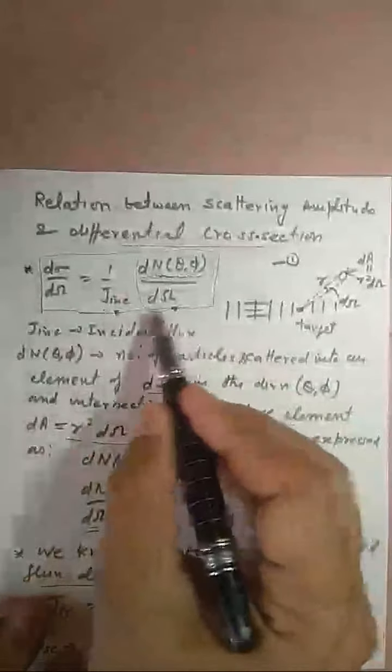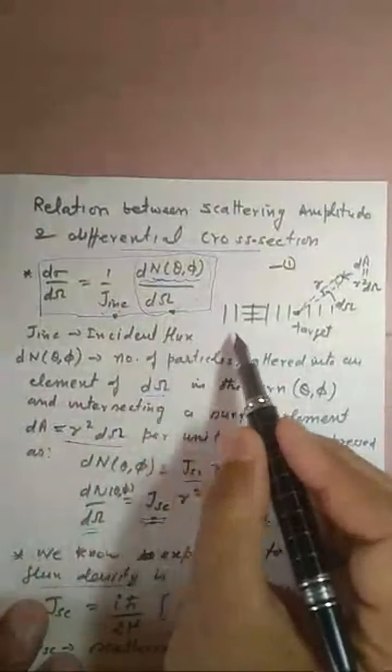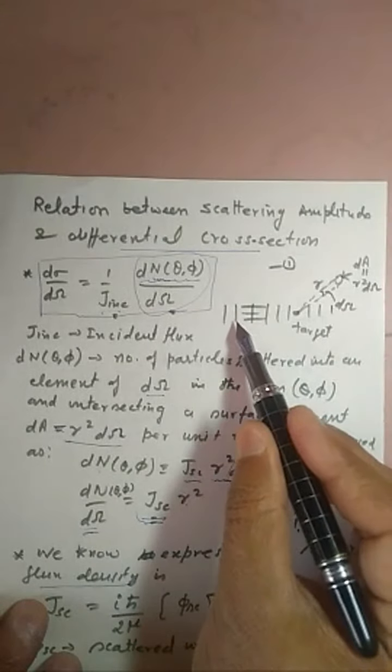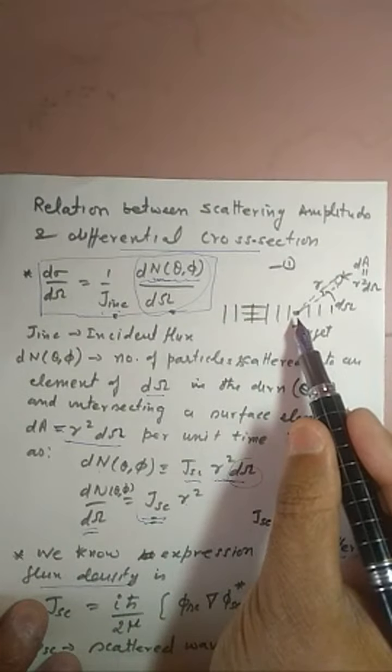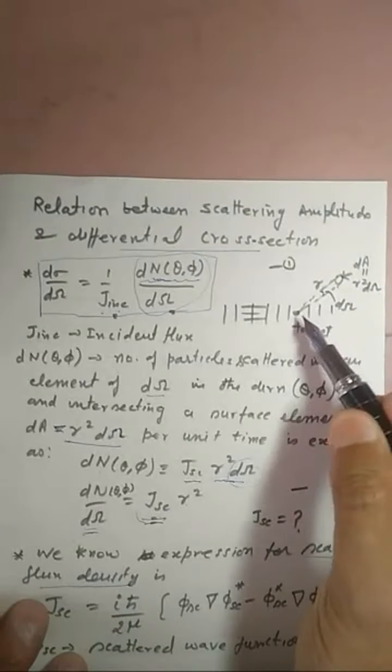and the differential cross section. So first, you know that when we define that differential cross section, in the scattering experiment this is the incident plane wave, or particle incident beam, which we represent with the incident plane wave. When it collides with or interacts with the scattering particle, it will get scattered, or diverge, in